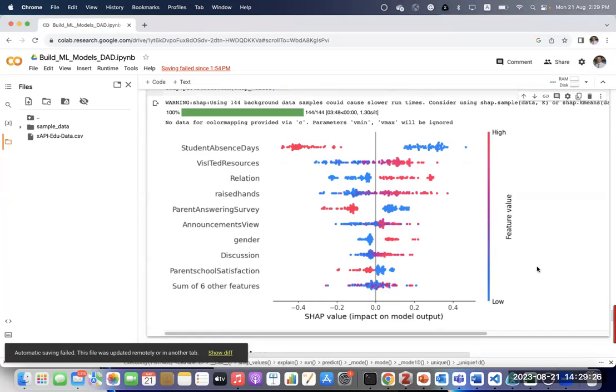The small dots here. What's going on here? You mean this one here, the blue? Not the student, the attribute, the value of the attribute. The value, yeah, changing from low to high. That's for specific students. Now you have a range. How many absence days is the maximum in your data? Maybe the maximum is 10. So you will change from 0 to 10, and you will see the effect.